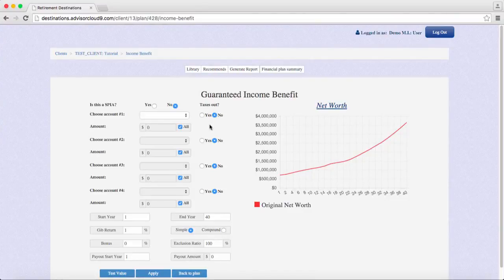The Guaranteed Income Benefit Calculator is a convenient way to test if converting an asset into a SPIA, or single premium immediate annuity, or if taking advantage of lifetime income benefit features on an indexed or a variable annuity adds value to the financial plan. You'll have the option to test both scenarios with any of the existing liquid or pension assets that you have